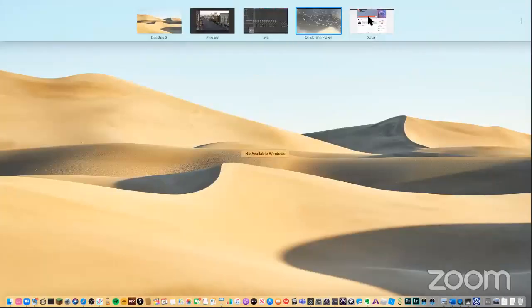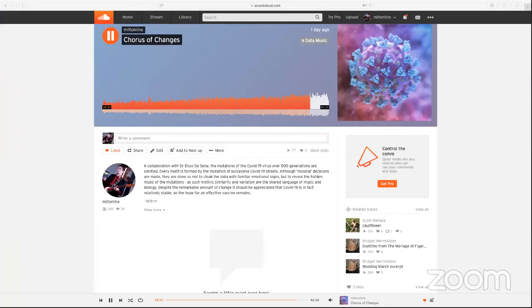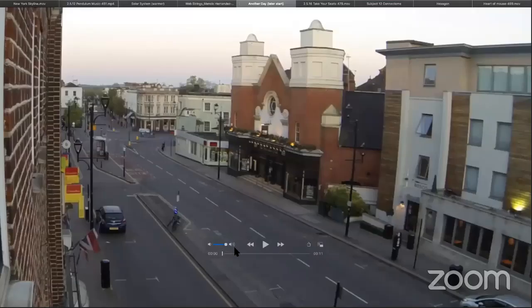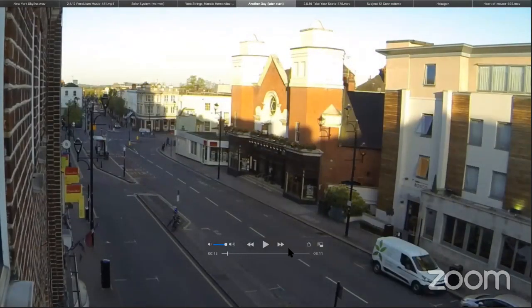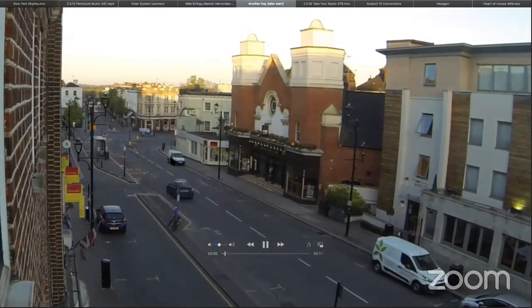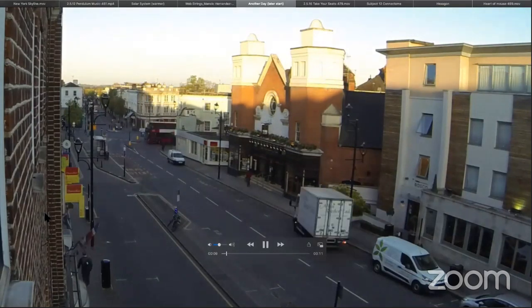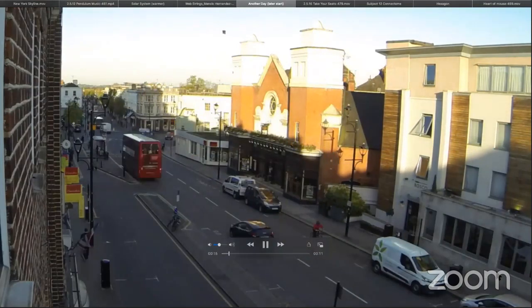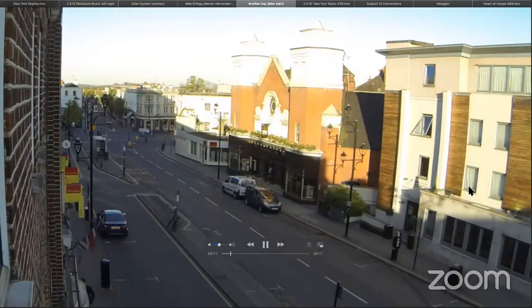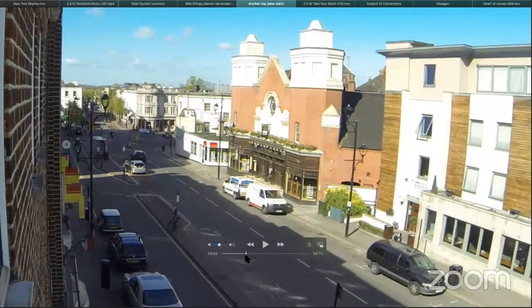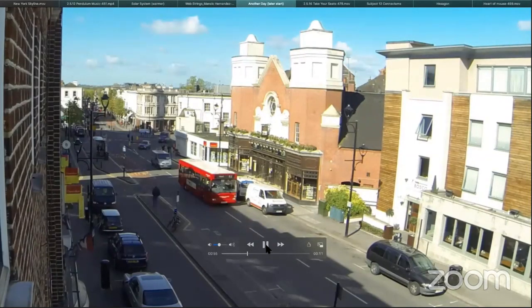I still got this piece running, so I'll just stop that. Let's find it. Here we go. So you'll hear the string sections as people park on the right occurring. You may have heard that one. And as the day gets busier and the people are double parking, you start getting discords right here, which I